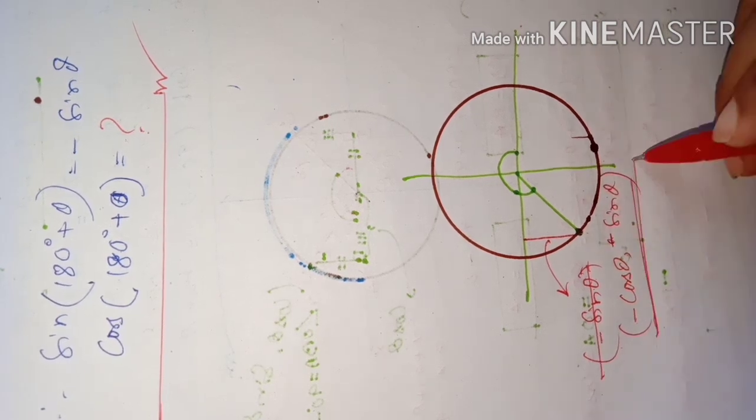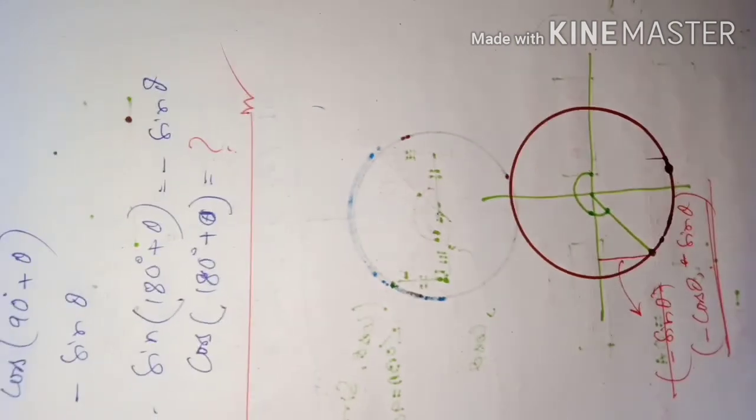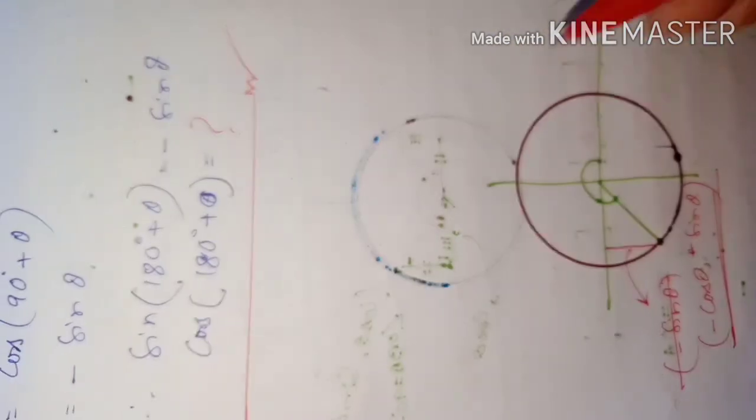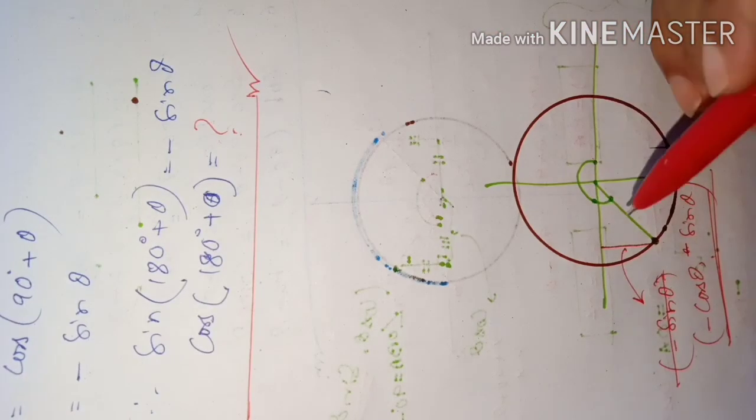Remember this. These concepts are required, dear students. So for 180 plus theta, 180 can also be represented by pi. Dear students, I gave you some clue, and whatever I told you,